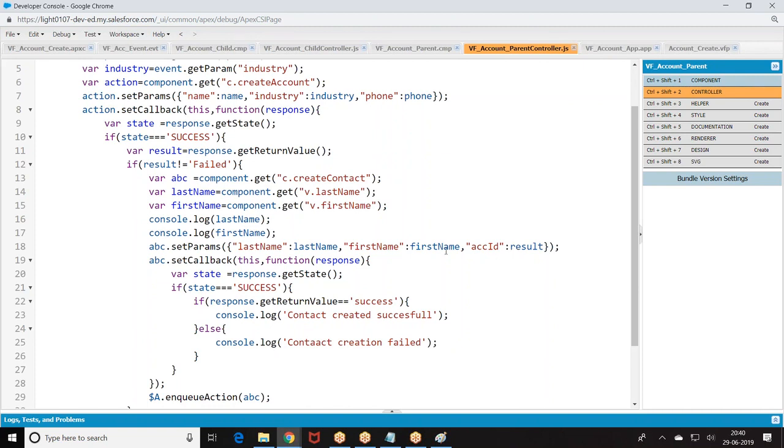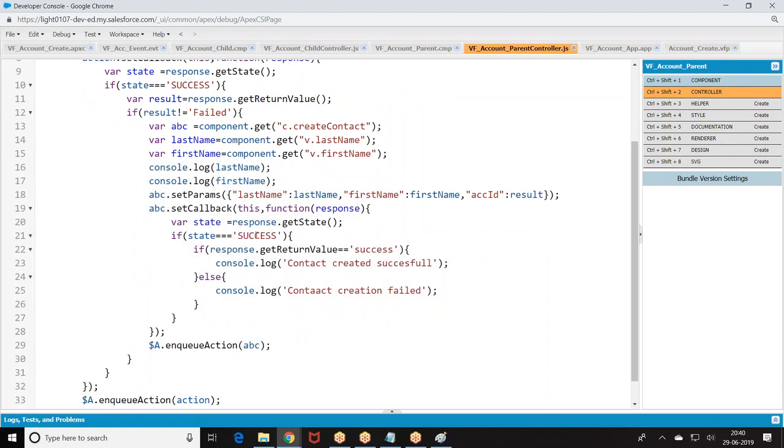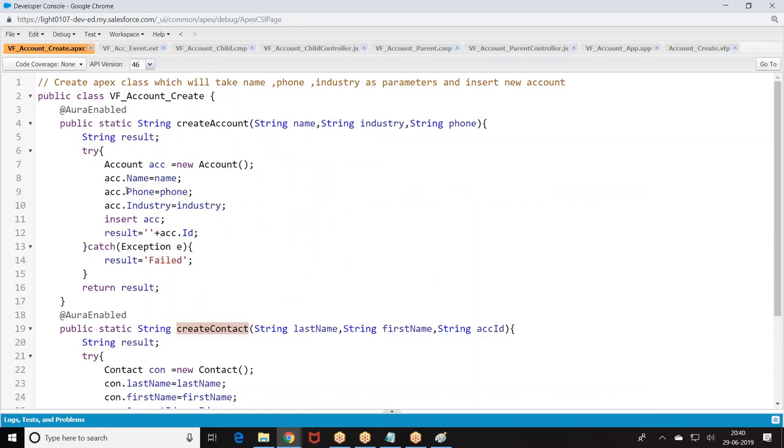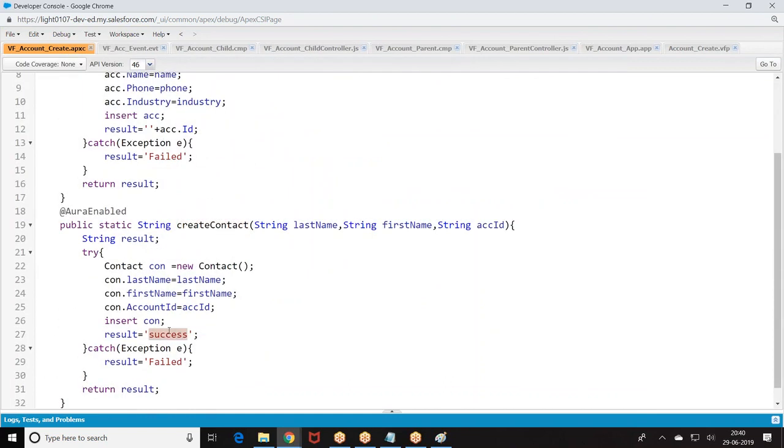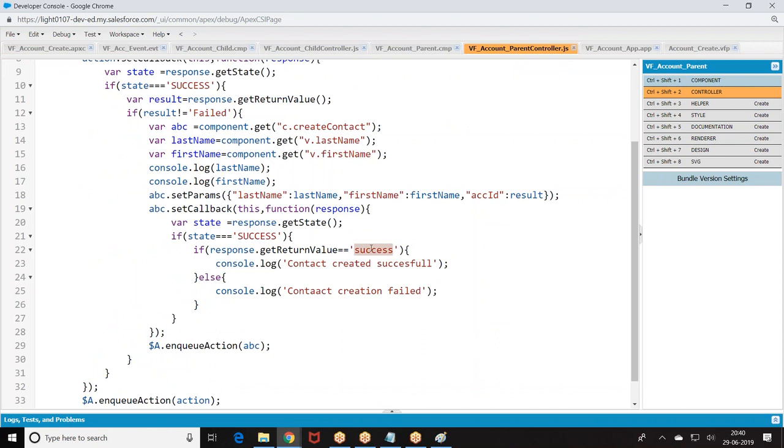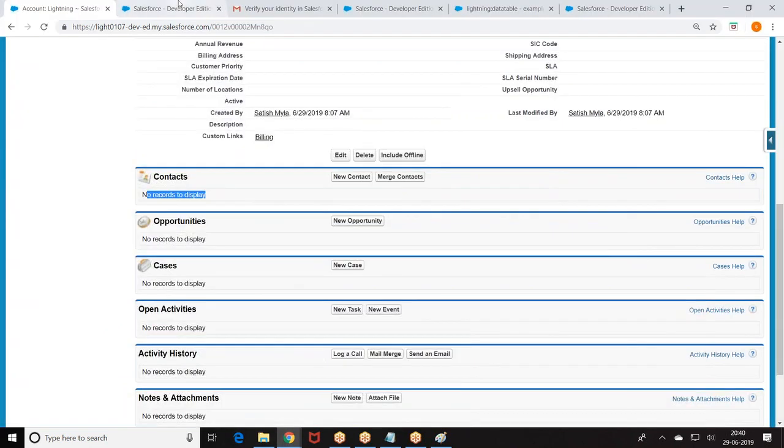Then ACCID. Result we are getting. Okay. Callback. Okay, let me cross check now. One more time.